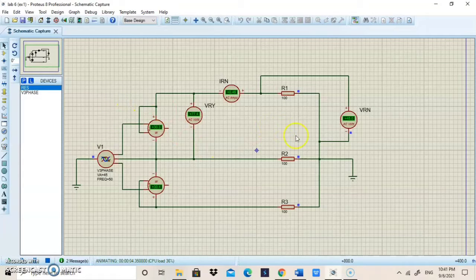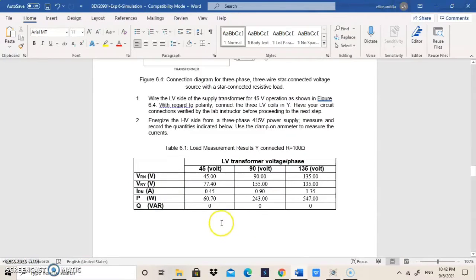After we run, first we look at the value of VRN. So we got VRN is 45 volt, and then VRY is 77.4 volt, and then IRN is 0.45 ampere, and then the first wattmeter is 30.3 and the second is 30.4. Okay, so we put all the values in the table, which is VRN, VRY, IRN, P, and Q. Oh, sorry. For Q,